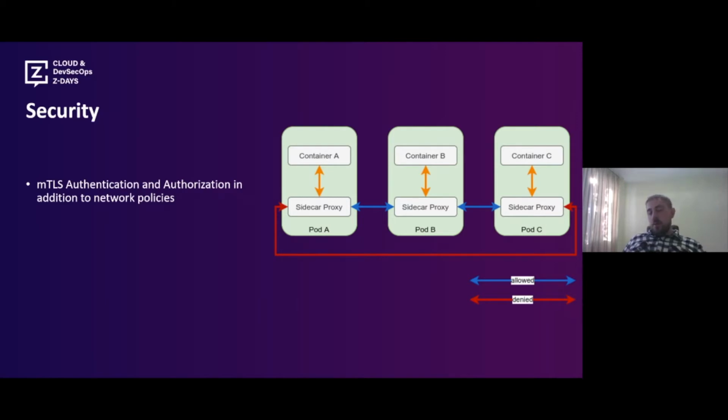So I'm assuming if you are running your workloads either on Kubernetes or on VMs, you will have some sort of network policies implemented, right? You can split your networks into subnets. You can have firewalls or security groups if you're running in the cloud. But that only covers very basic needs in security. And that logic is often implemented traditionally in services themselves,